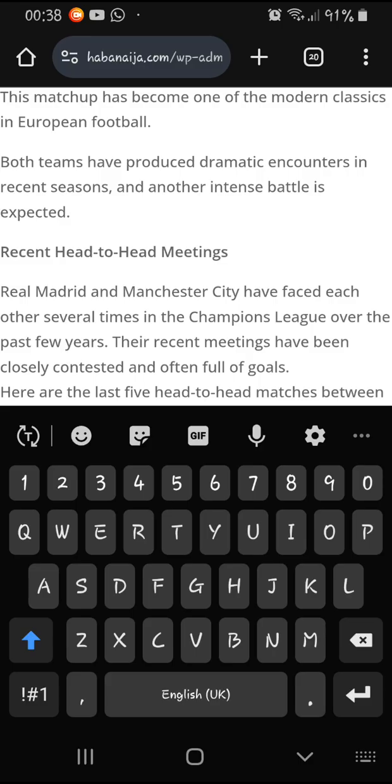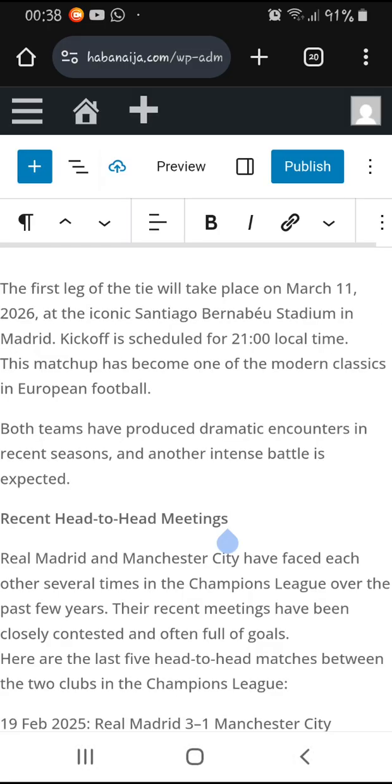Then for recent head-to-head meetings, that is another topic on its own, and that are like not topic, they are subtopic. So you just click on it, then you click on this icon that looks like